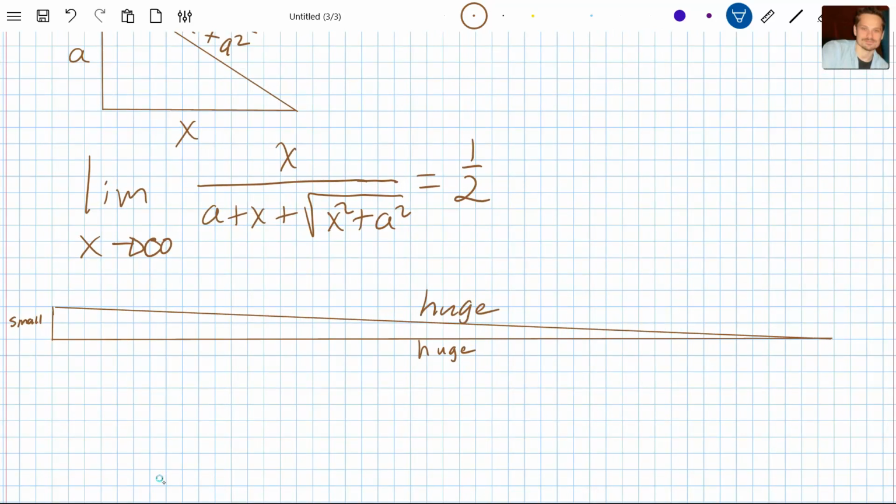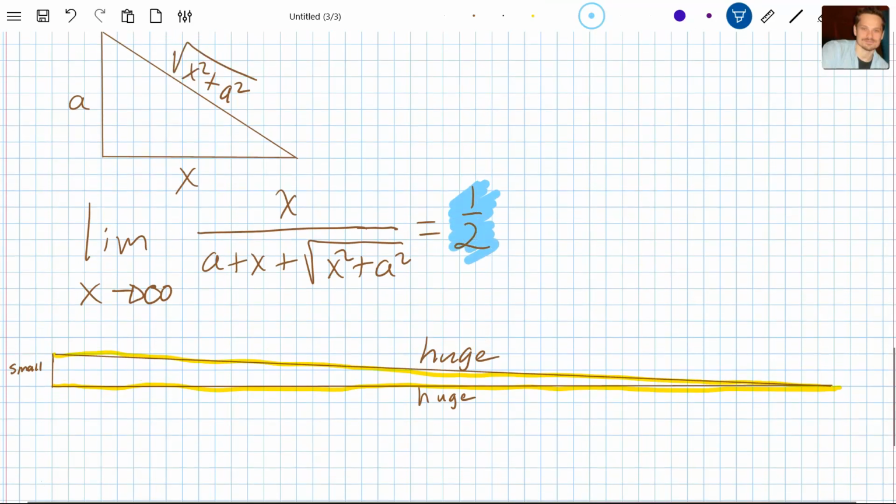And then here's the question. What this limit says is the following. What fraction is x of the whole perimeter? So if this is the case, then the whole perimeter, if you think about it very carefully, is really just contained in two pieces at this point. Here's one of them. This leg is one part of it. It's much, much bigger than the vertical one. And the other piece, as you can see, is the hypotenuse, which again is much, much bigger than the vertical leg. Because that is so, the value of the limit is 1/2,